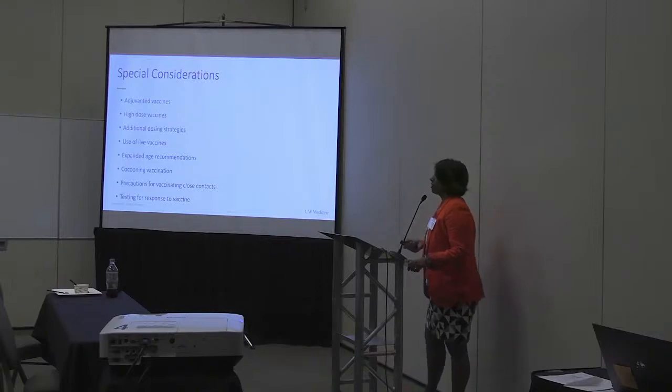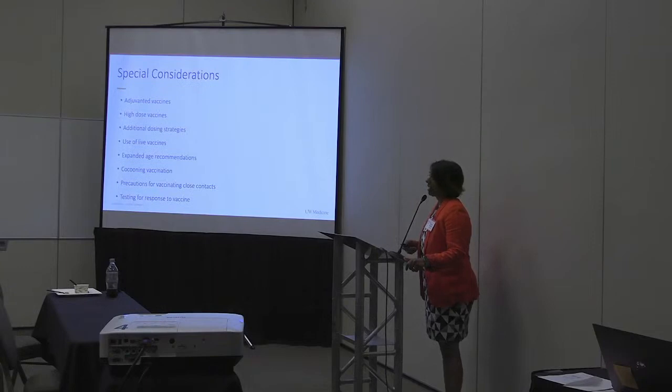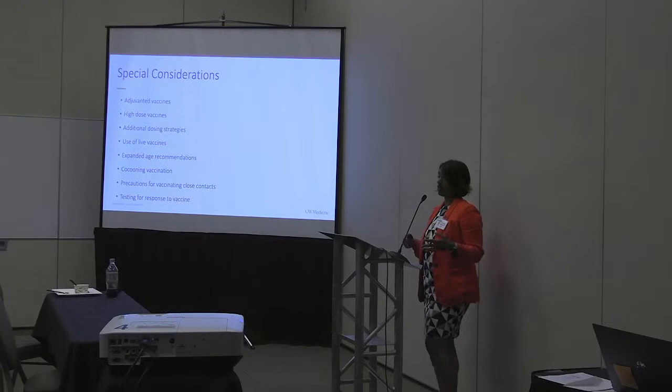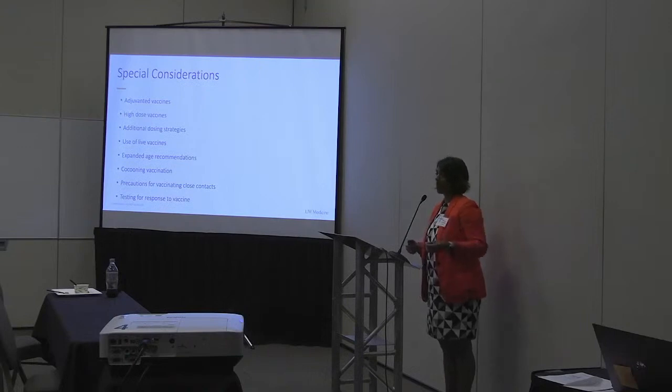Then there are some other strategies that we look at that are specifically for patients who are immunocompromised, apart from the standard recommendations for patients. So there are adjuvanted vaccines, and I'll talk about examples of that. An adjuvanted vaccine is essentially a vaccine that has an immunologic booster in it. So something that is not the vaccine itself, but something that we know stimulates immune response to get more out of your vaccine. And that's often given in inactivated vaccines, which tend to not be as potent in creating their immune response.